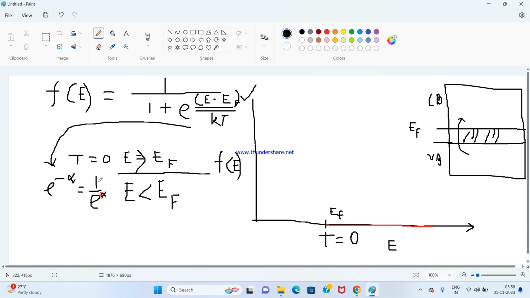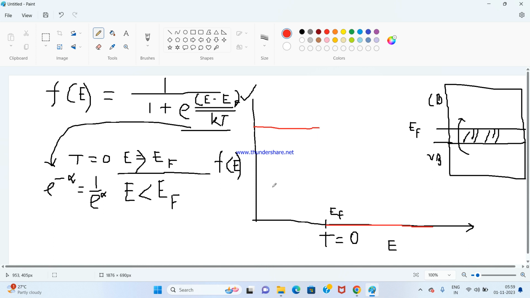E to the power infinity means infinity, 1 by infinity means 0. So this term entirely will vanish if T is equal to 0 and E less than EF. So 1 by 1 will remain as 1. So now for E